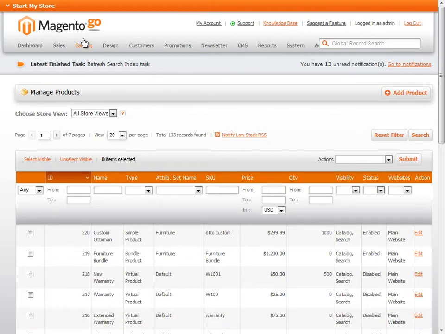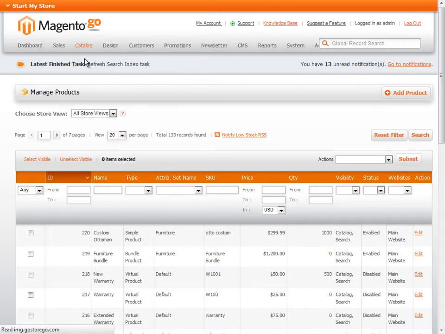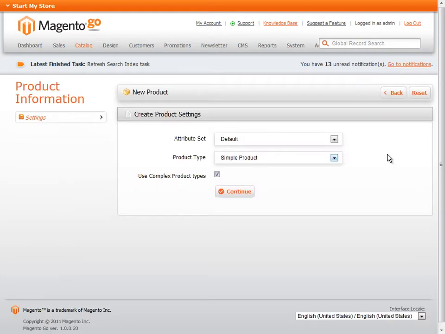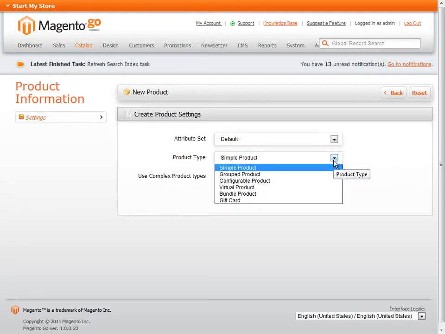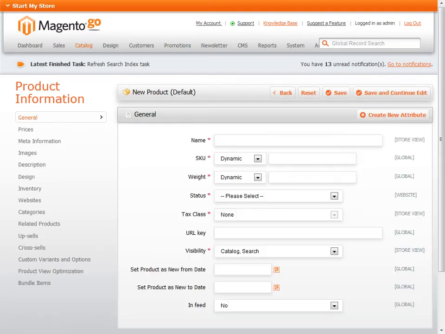So on the catalog menu, select Manage Products, and then over on the right, click the Add Product button. In the Create Product Settings section, set the product type to Bundle Product, and then click Continue. Now most of the product information